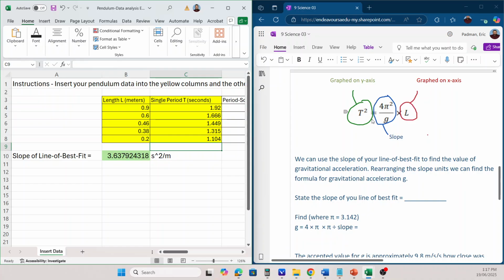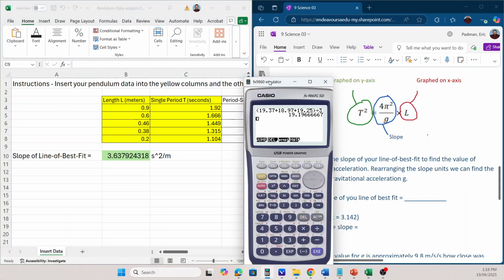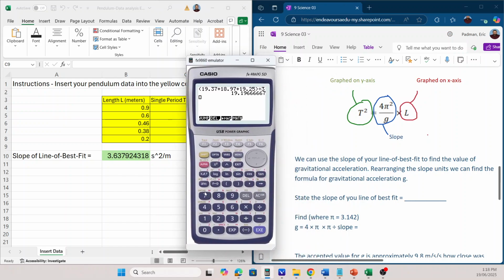Now, if you rearrange the formula, if 4 times pi squared divided by g is the slope, you can rearrange that to solve for g. It is 4 times pi squared divided by your slope. I'm going to type it into the calculator as if I'm solving for that. So my value is, okay, I'm going to do 4. Now, if you want, you can just type 3.142, or if you have pi in your calculator, you can do it a little bit more precisely. So I'm going to do 4 times pi squared divided by